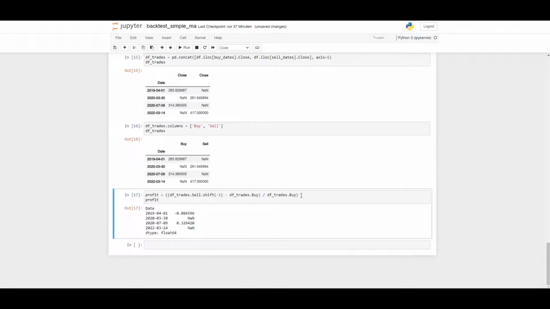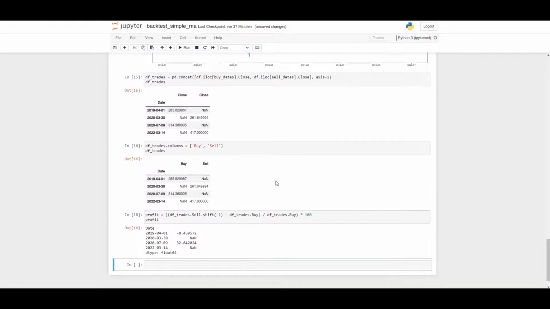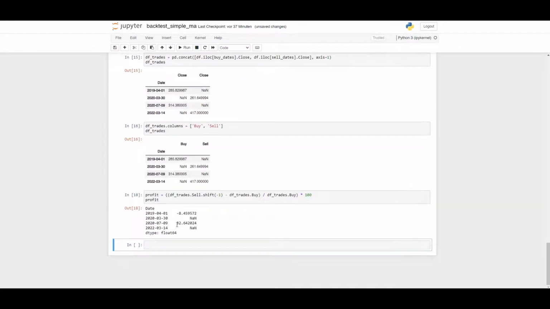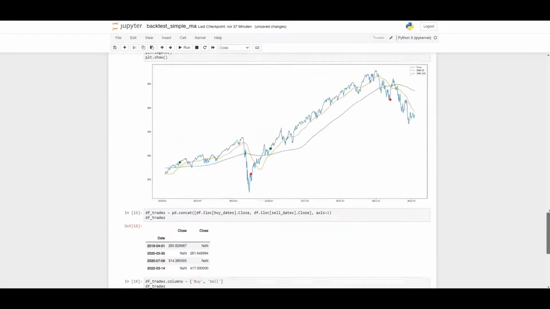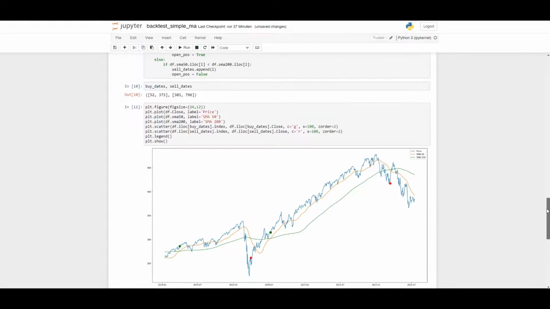So to make it a bit more readable, we can take this times 100. So now we have this in percentage. Alright, so now we have the profit. To get the entire profit for the time frame, we just write in sum. And yeah, there we see it. So in this time frame we would have made a little bit more than 24%, which is okay, I